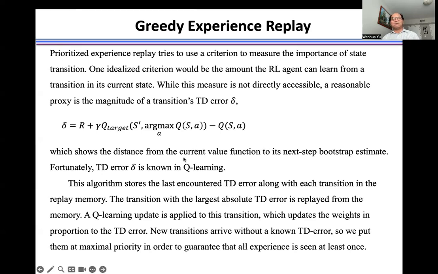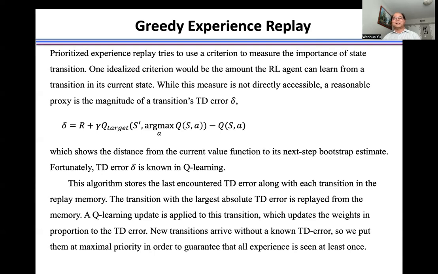The good thing is that when we use Q-learning to train the model, at every iteration we already have this time difference error. So we can add this error as one more index into the samples in the replay buffer. Each time we scan all the transitions, find the transition with the maximum TD error, and use that transition to update the model and get a faster